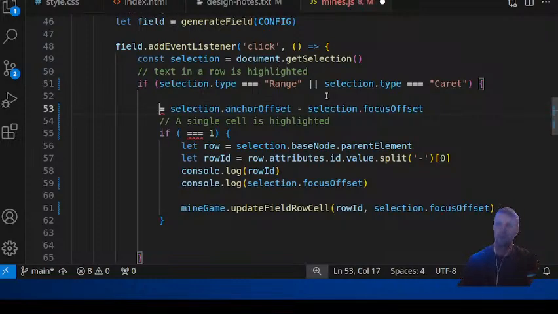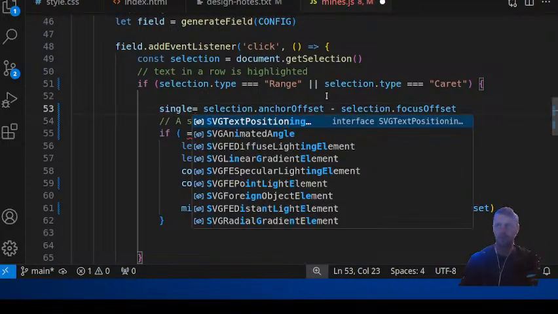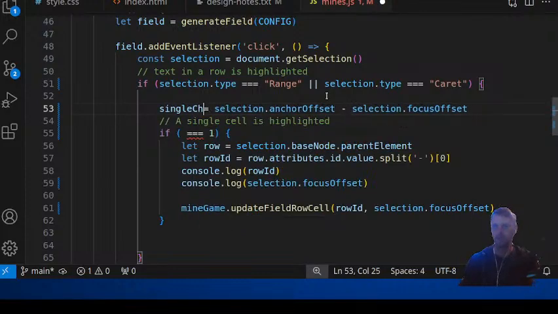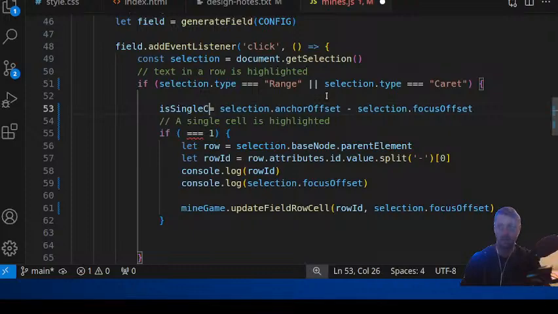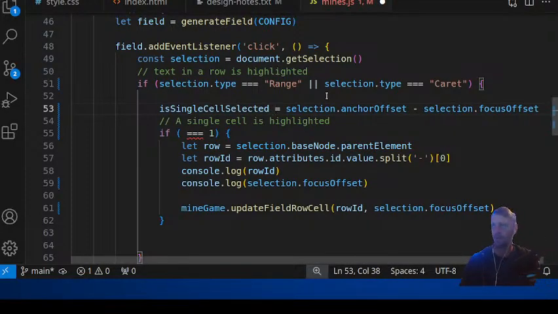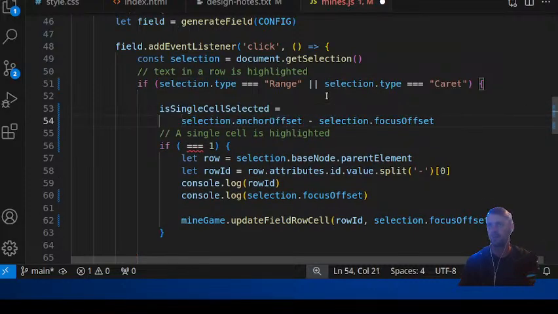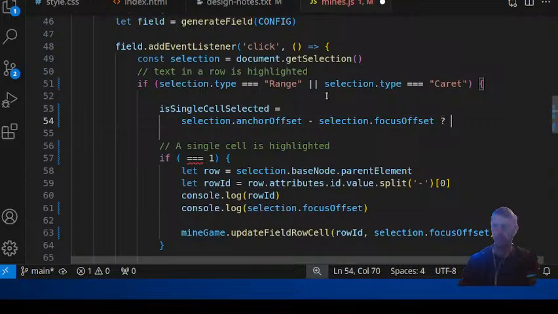So, single char is a single cell selected, equals selected anchor offset minus this offset question mark equals 1, or